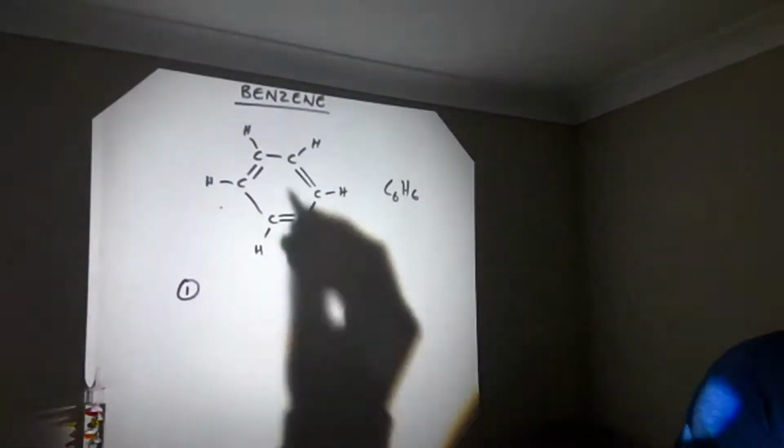So if you have the Kekulé structure with 3 double bonds, you'd expect that to be reactive. You'd expect the same reaction at 3 sites that we're already familiar with when dealing with reactions of ethene and halogens. But what we find is that doesn't happen. What we find is that if we have this structure, and let me show you on the overhead projector,